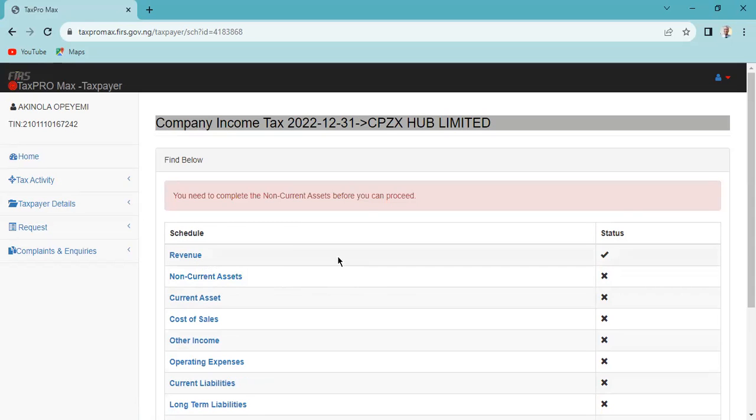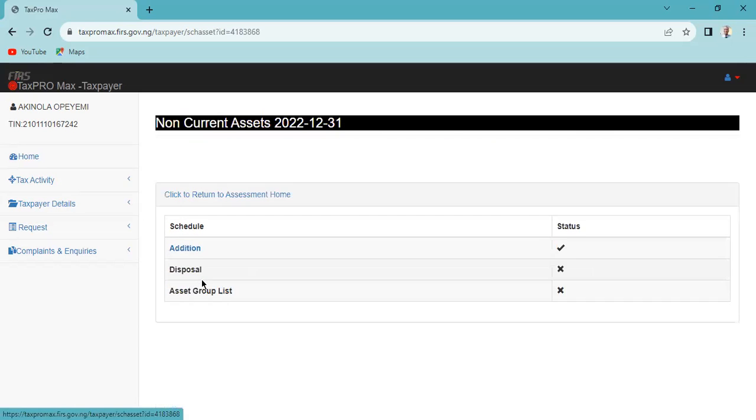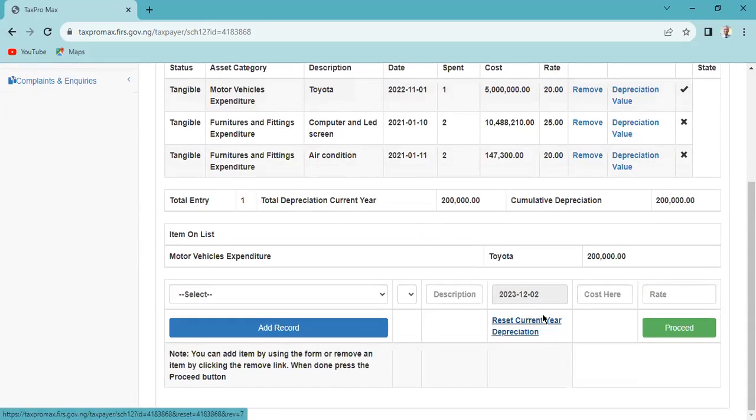Does it open? It will not open until you finish this. So is there any disposal? We have done the addition, but is there any disposal in the year? No disposal. So since there's no disposal,